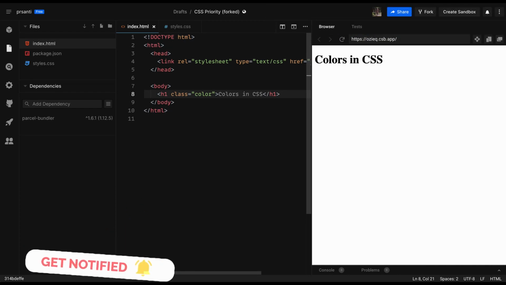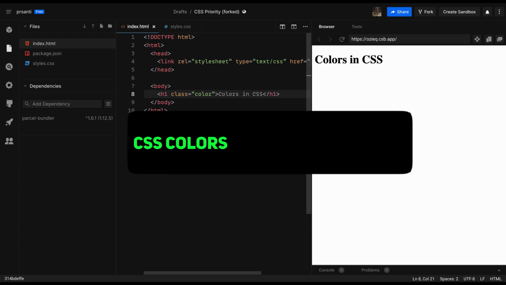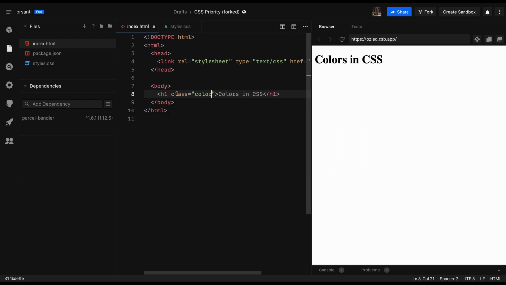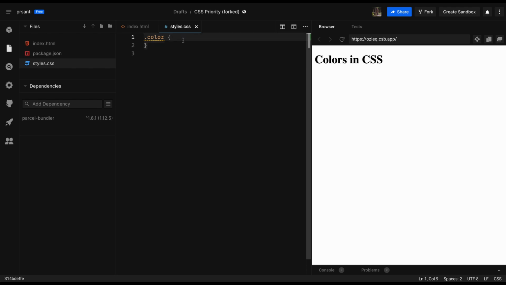In this lesson, we'll be learning about colors in CSS. Currently in my HTML file, I have an h1 tag with the class color and the text colors in CSS. To change colors, we're going to go to our styles.css, reference our color class, and